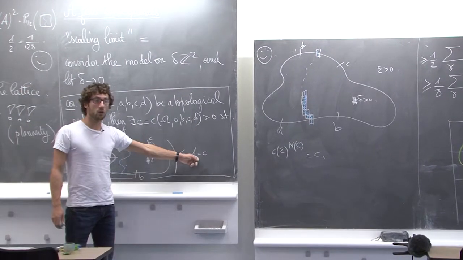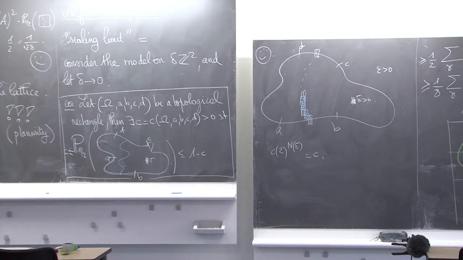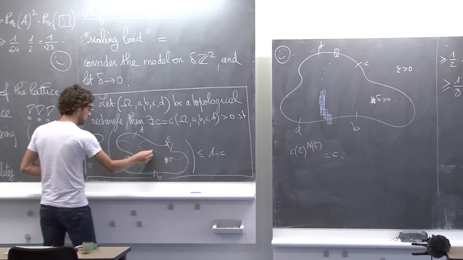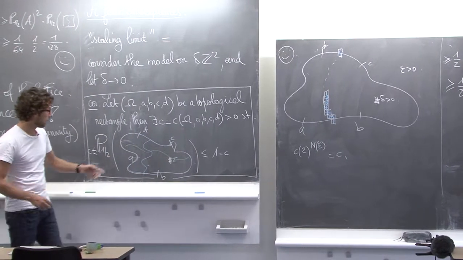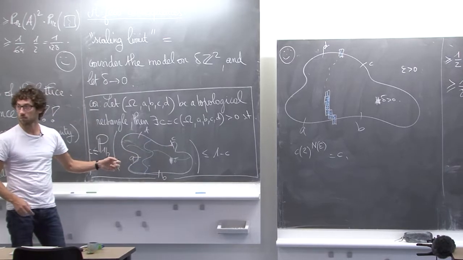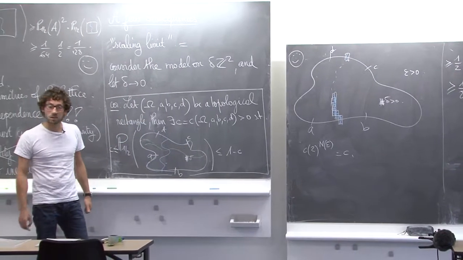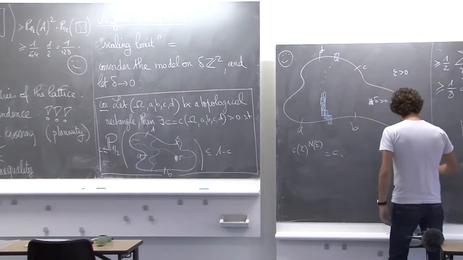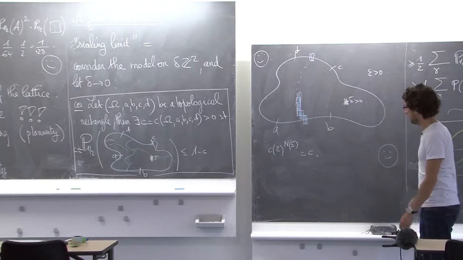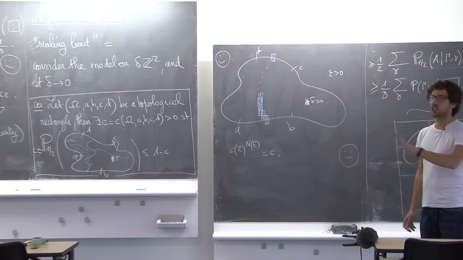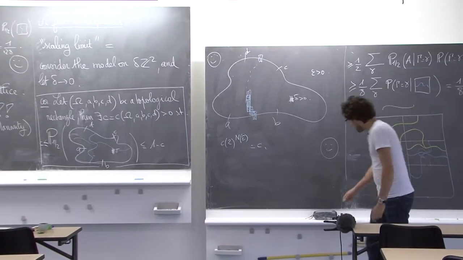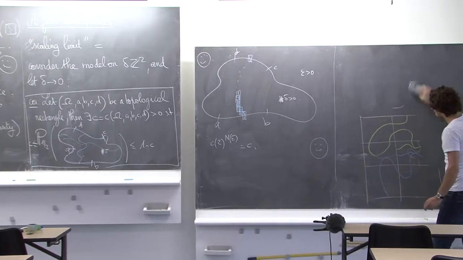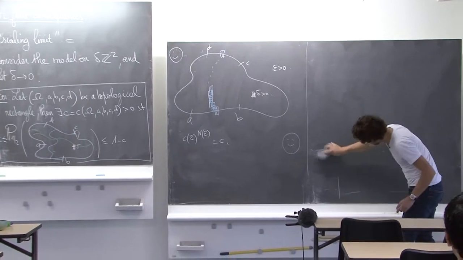Now to get the other one, how do I do it? I simply notice that getting the upper bound for this quantity is getting the lower bound for the other topological rectangle, which is omega BCDA. And this one I can make the same reasoning for and get a lower bound. So you can translate this into a proof. There is no difficulty there. But the point is, any shape is actually working. And the reason for that is that the result is much stronger than that. The truth is much more interesting than that.